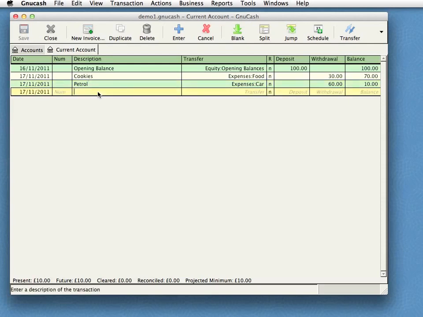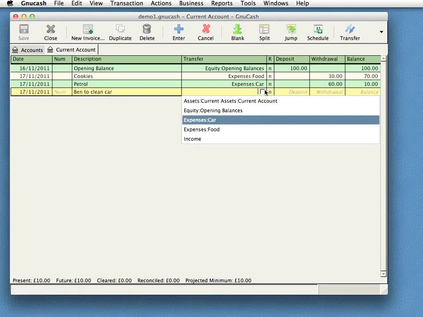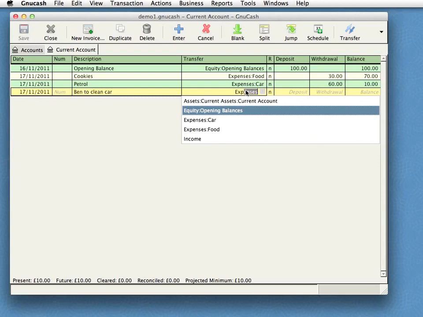Now, there's a useful shortcut if you're entering a new transaction into GNUcash. Here it's very easy because we've only got a very small number of accounts, but you may have a much larger number and it can be a pain to use that pull-down menu to scroll through them. So let's imagine that I pay my next-door neighbour's son Ben to clean my car for me. And I can see the list of things I could possibly categorize it as here, but a quicker way of entering it is just if I type